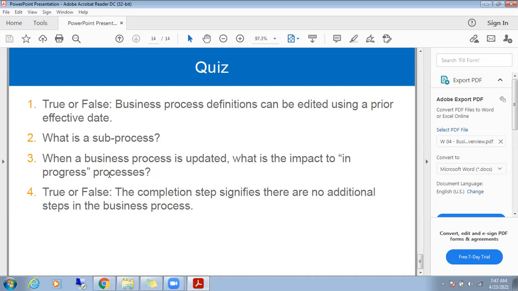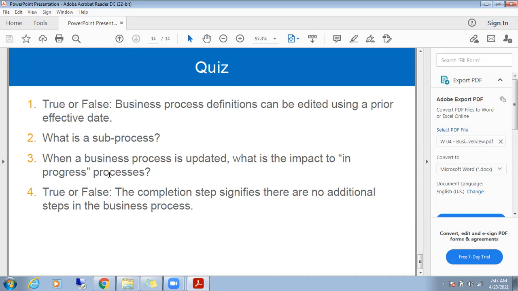Now, when a business process is updated, what is the impact on in-progress processes? For example, there are steps like A, B, C, D, E, and some steps like D or E are in process.